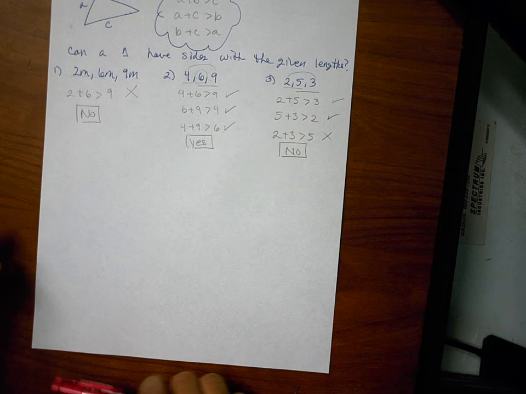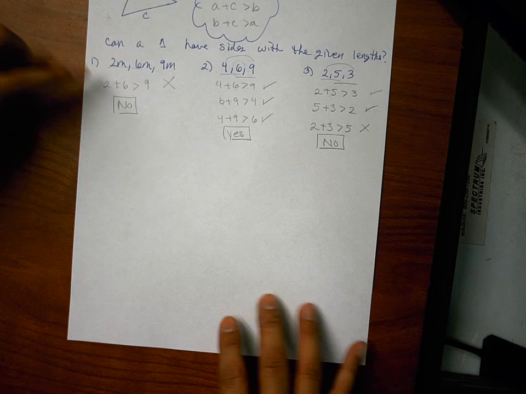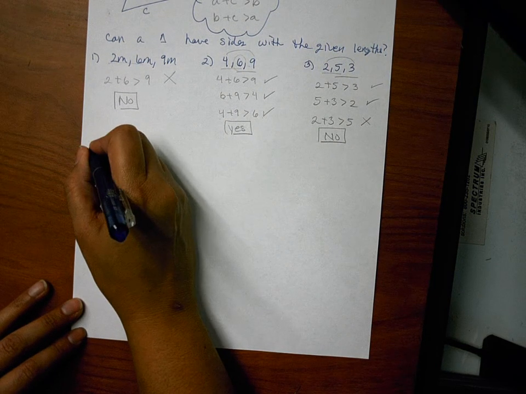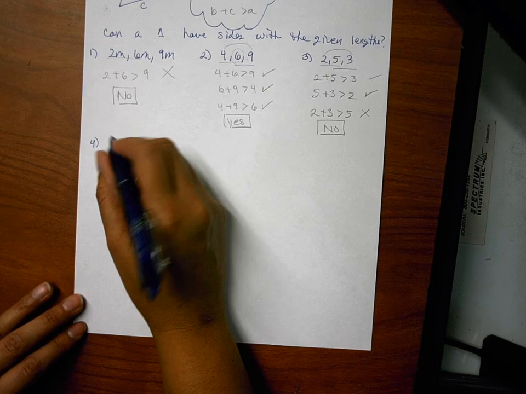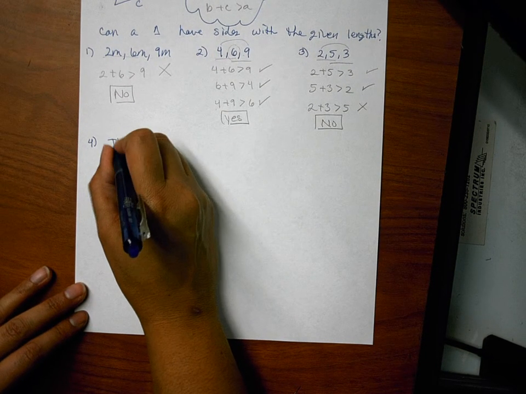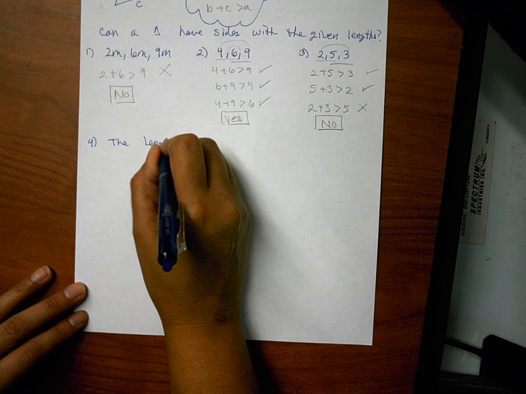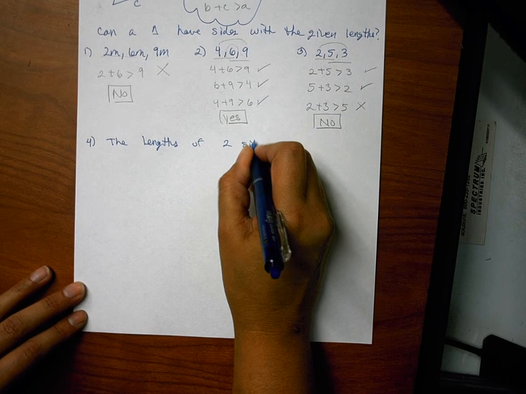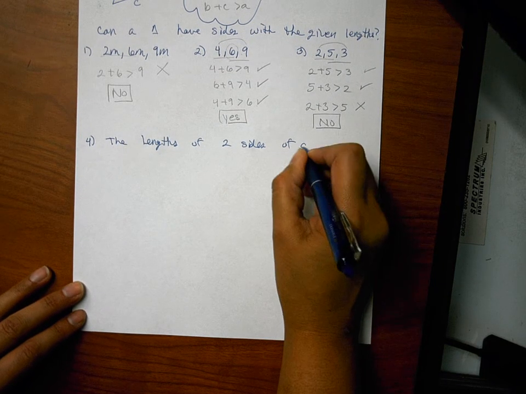If any one of them is no, the whole answer is no. As soon as you get a no, you can stop. For me in this one, the no happened at the end, so I had to go all the way through. Over here, the no was at the beginning, so I was able to stop right away. Number 4,